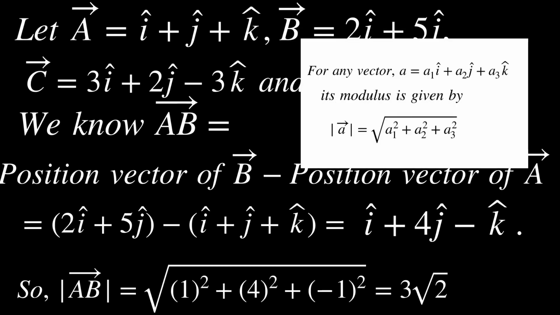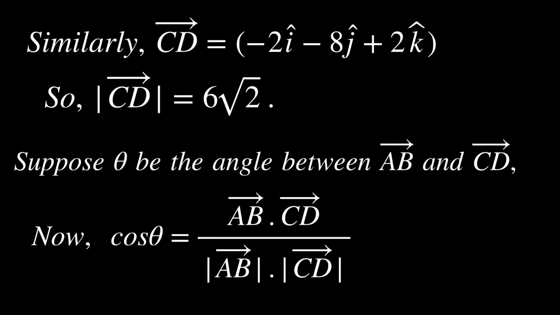Now modulus of vector AB is equal to the square root of 1 square plus 4 square plus (-1) whole square, which is equal to 3 root 2. By a similar method, we will get vector CD as -2i - 8j + 2k,